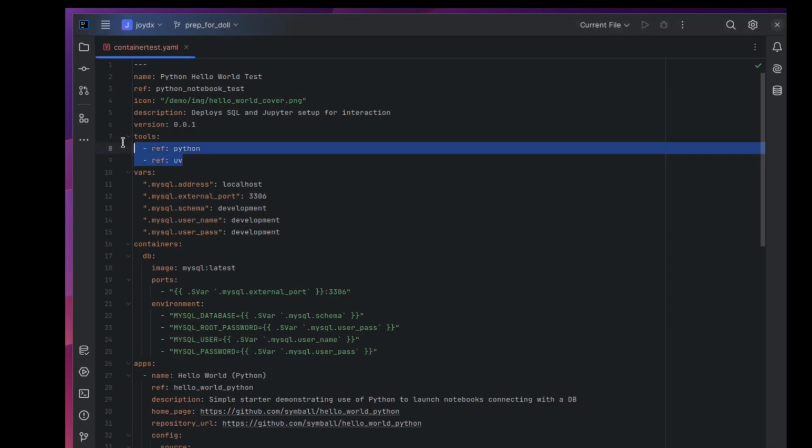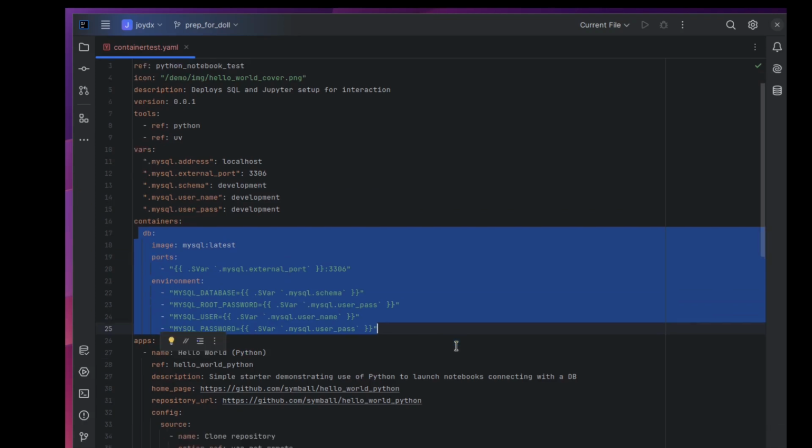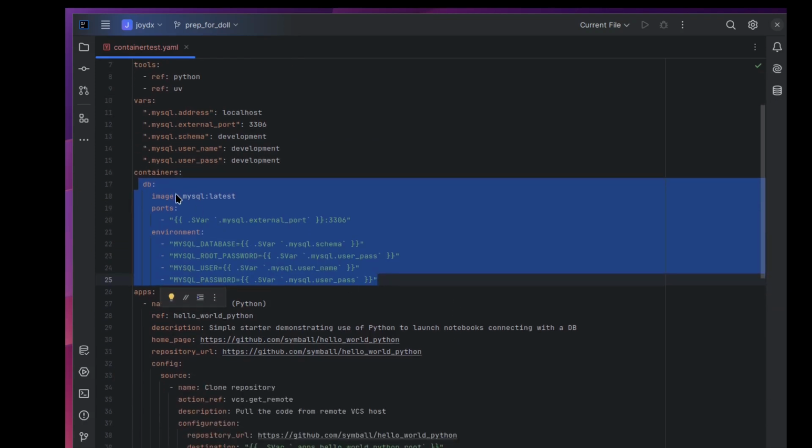So I've integrated Python and UV into joydx now, and I'll just briefly explain a bit of the Python Hello World SQL test schema. So we start by having some custom variables. I put them up here because they're going to be used for both the container definition and the environment in our app. And it looks familiar if you've used Docker Compose before, except we've got a templating language